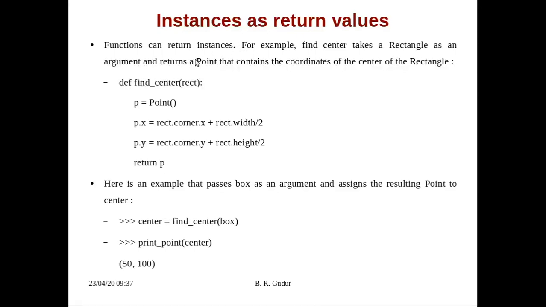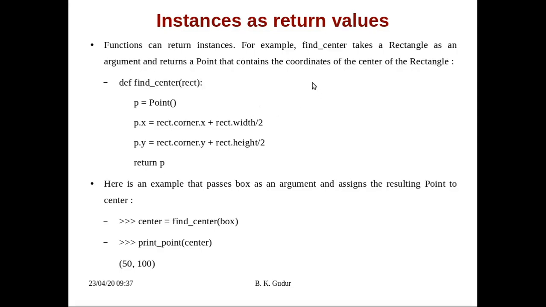So how can we define it? def find_center, this is the name of the function, which accepts a rectangle object, rect is the name of that object, colon, p equals Point(). Here a variable is created, meaning an object of type Point class is created. Now for p.x, we need to find the corner of the rectangle.